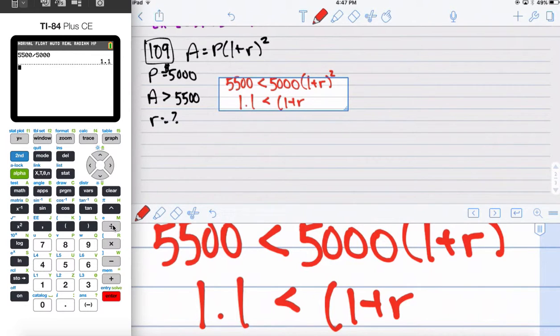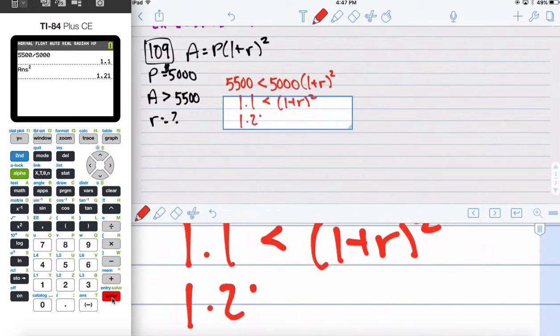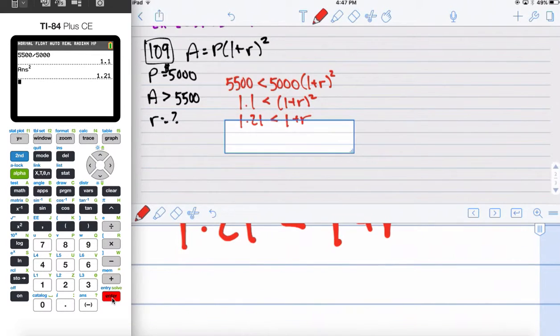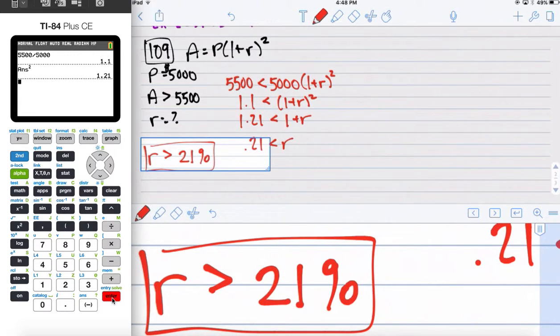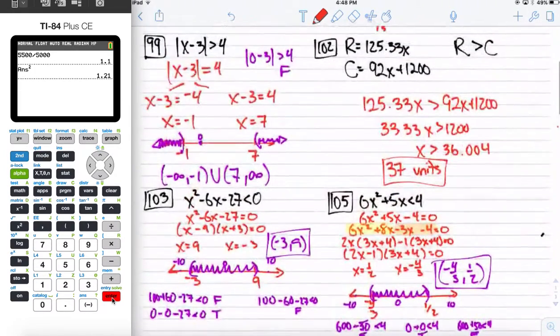Then I can take the square root of that. So let's do that, which is 1.21. No wait, squaring 1.1 gives 1.21, so 1.21 is less than 1 plus R, and subtract 1, so 0.21 is less than R, so R must be greater than 21%. Okay, that's 109. That's the end of chapter